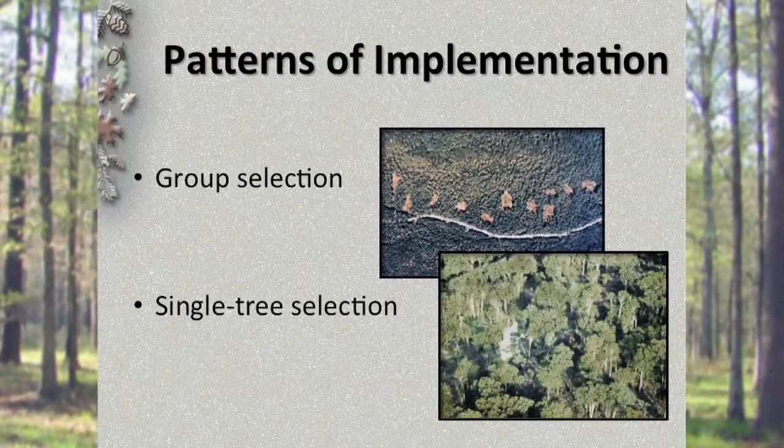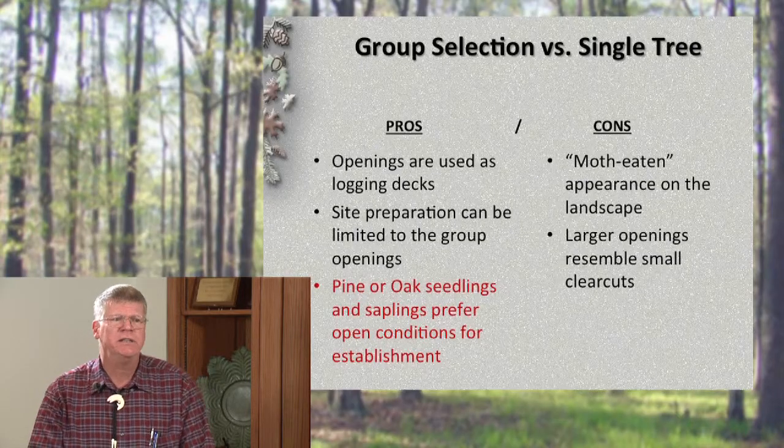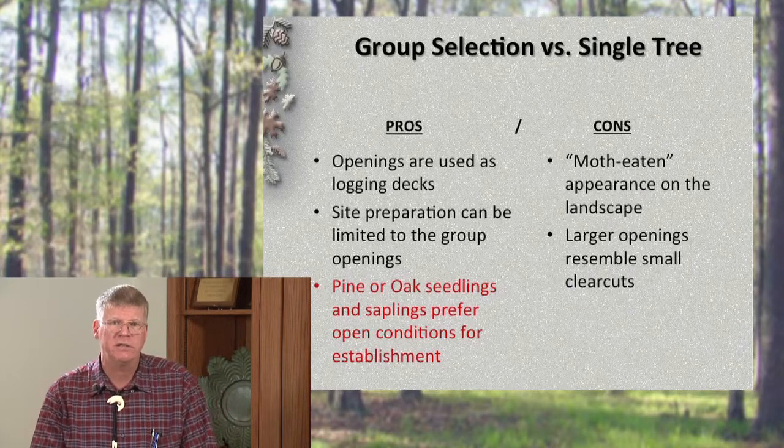So how would you implement uneven age management? There's two methods. Usually one's called group selection and the other is single tree selection. And we'll compare both. With group selection, you have small openings, which can be used as a logging deck. They can be site prepared. If you're careful, you can even apply burning to that logging deck. And for pine and oak seedlings that prefer open conditions for establishment, you'll have enough light to get